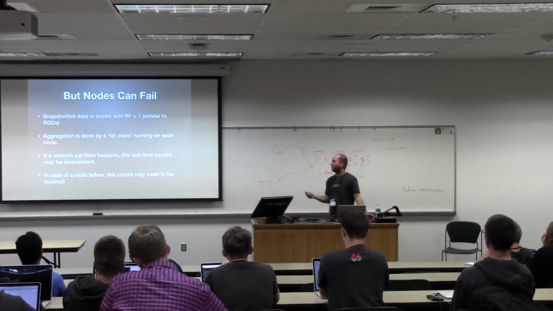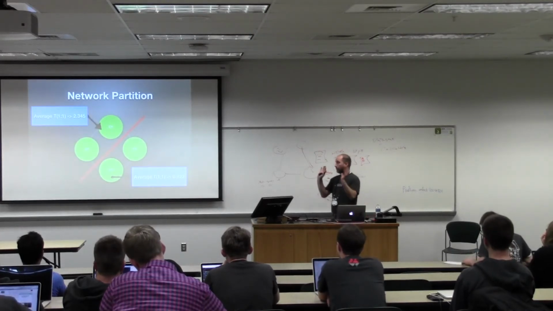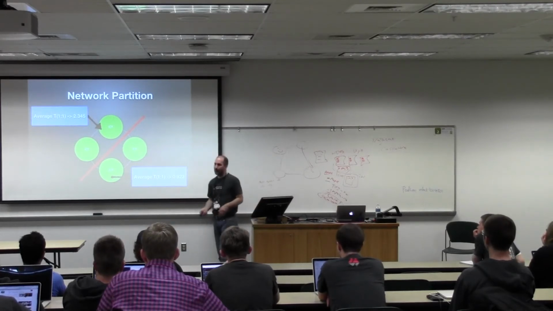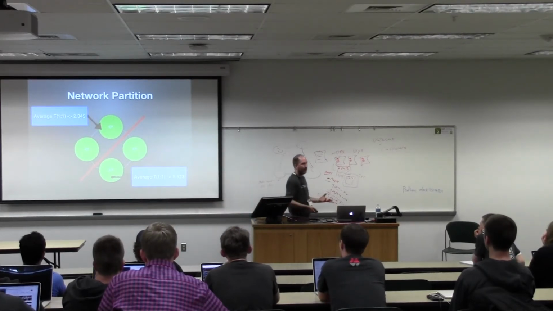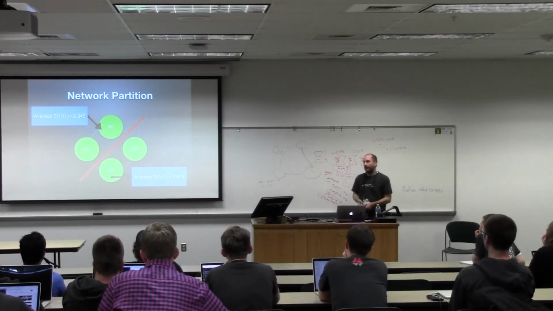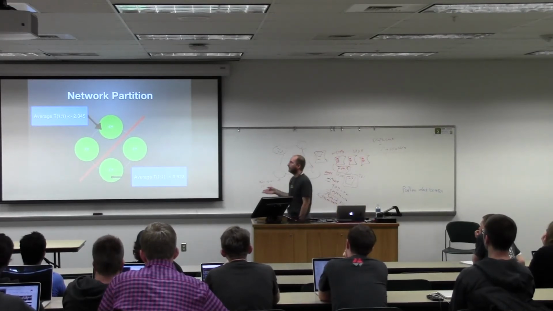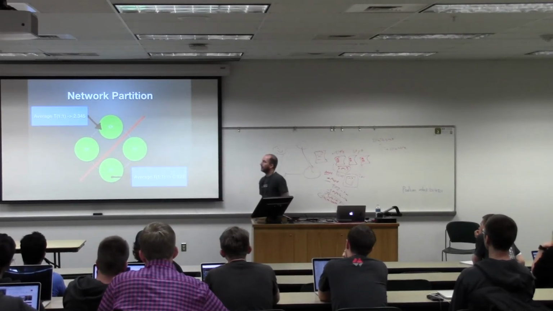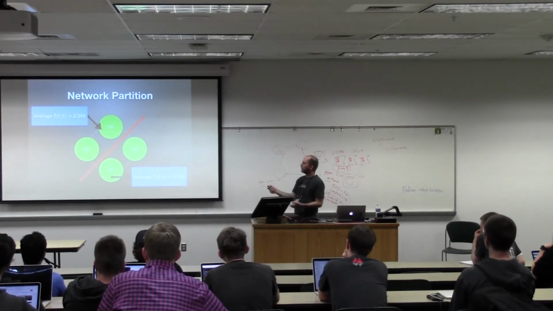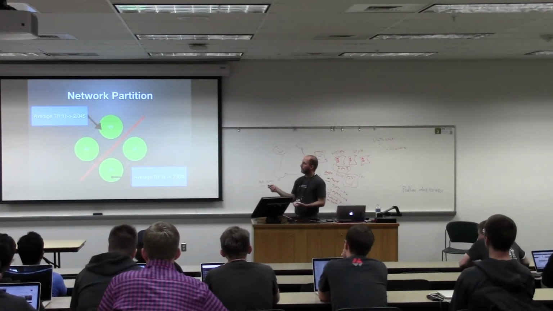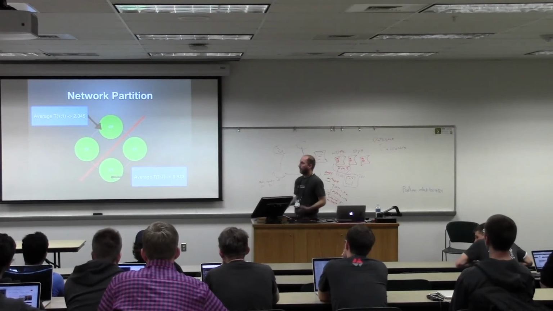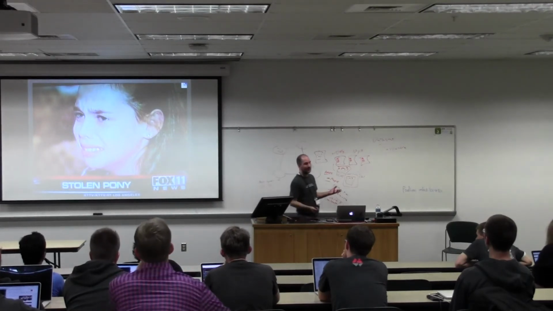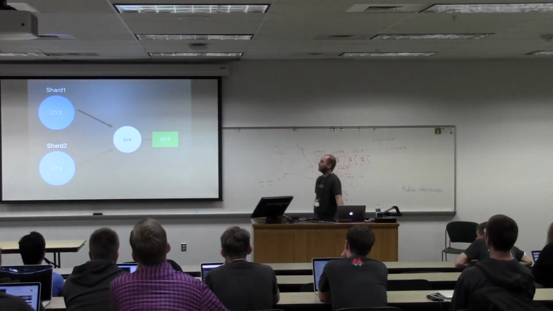And then in case of a node failure, the count needs to be repaired. So in a real-ish scenario, it might look somewhat like this. If we're trying to grab an average and we end up with a network partition in our system, we lose basically visibility to half of our data. It's possible that we may not see some of the partitions on each side. If we don't see some of the partitions on each side and we try to calculate an average, we may come up with a different number on each side of the network partition. And that's bad. We don't want that to happen, because we want our counts to be relatively consistent across the system.